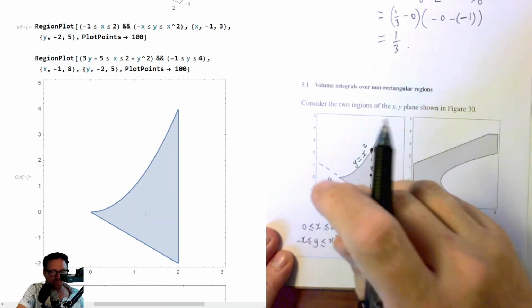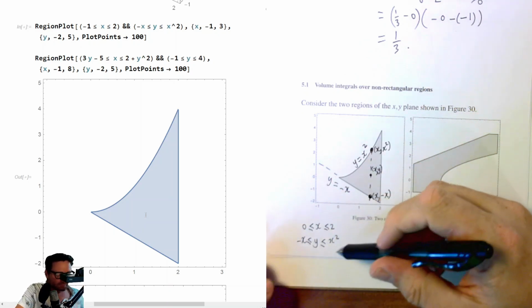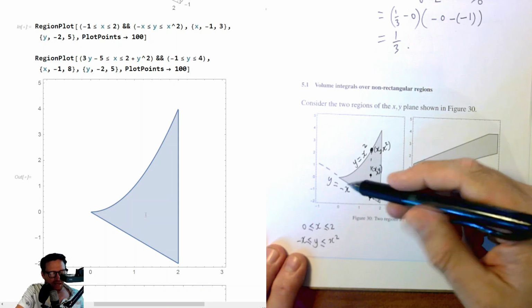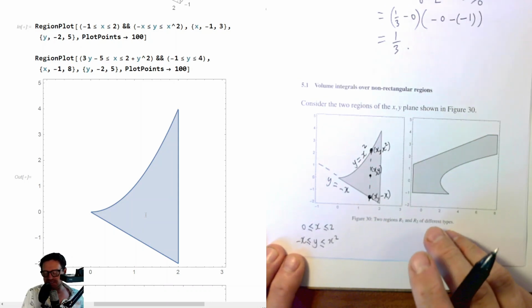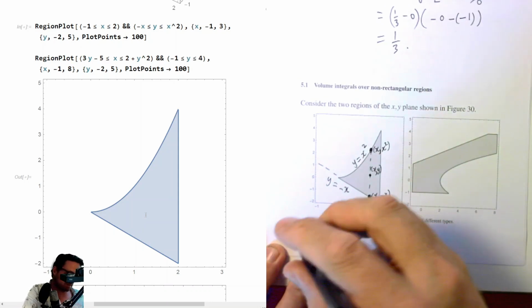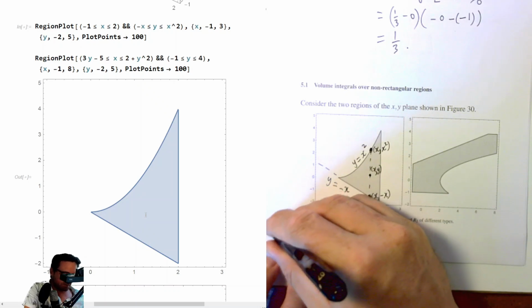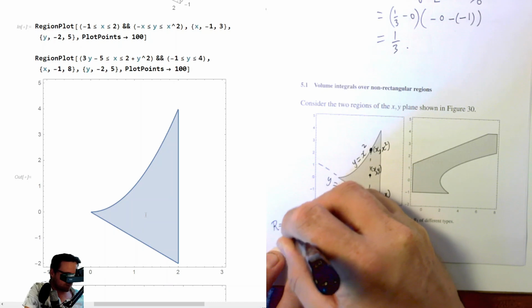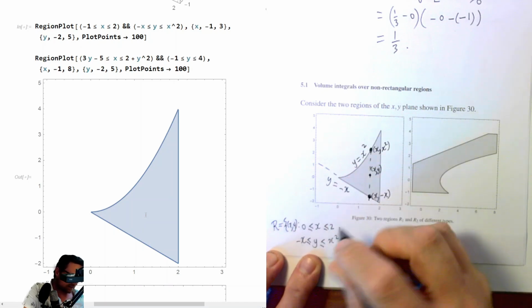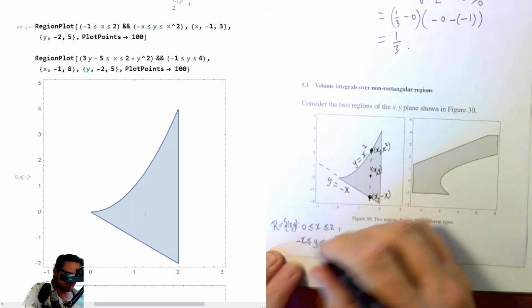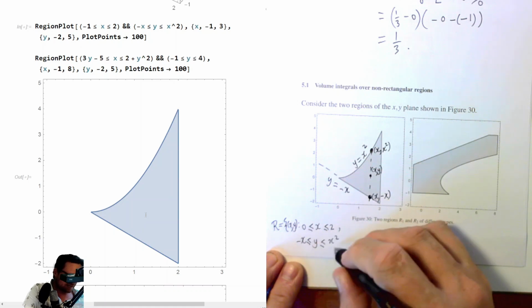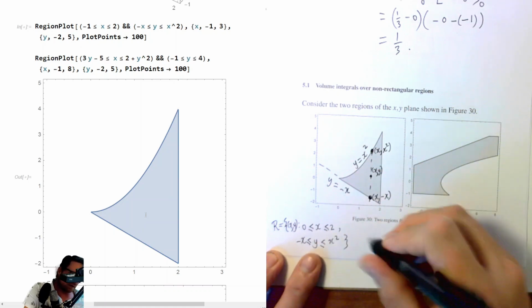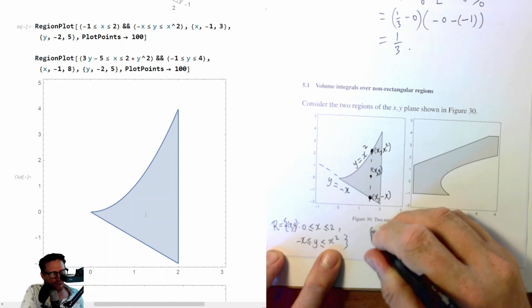And so the way that we would calculate an integral with this sort of setup of the region R, or D if you like: when we have R equals the set of all x comma y such that x is between 0 and 2 and y is between minus x and x squared, well then we would set that integral up